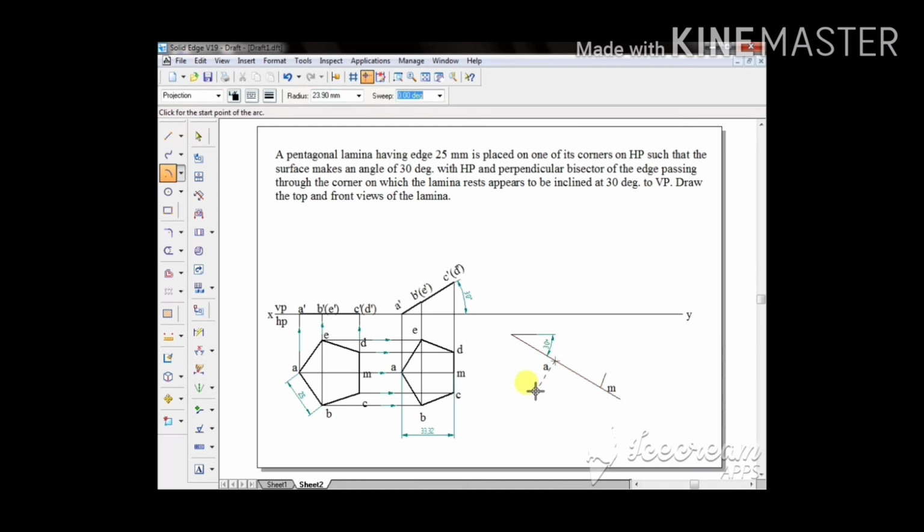Draw the radius. I'm explaining this to make you understand how to use your pencil compass while drawing this particular lamina here. So again it is 23.90 on the other side.